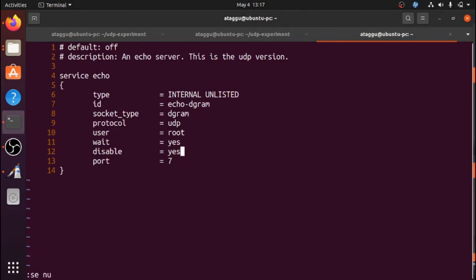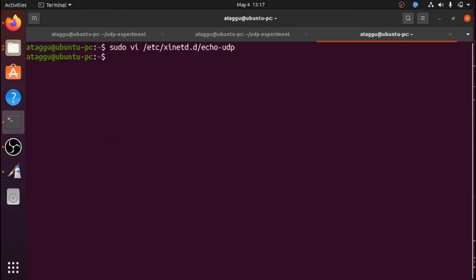What you have to do is change this disable yes to disable no. Okay, now we restart the service: sudo service xinetd restart. Once we have done this, the server is set up.